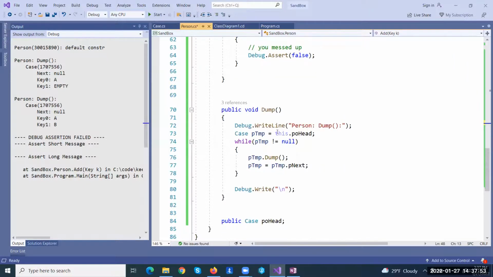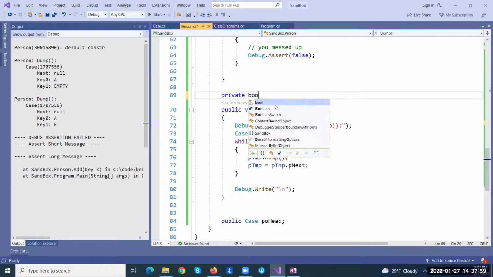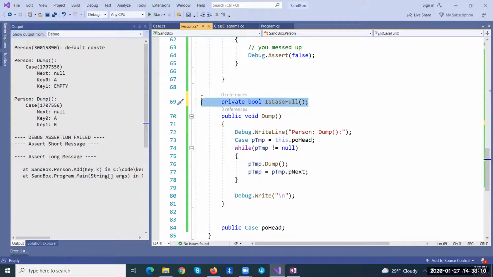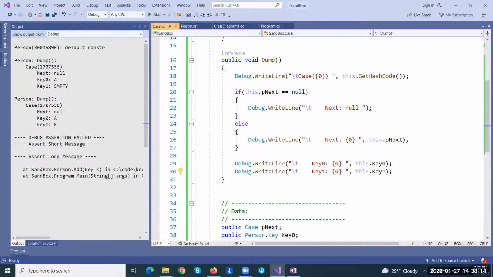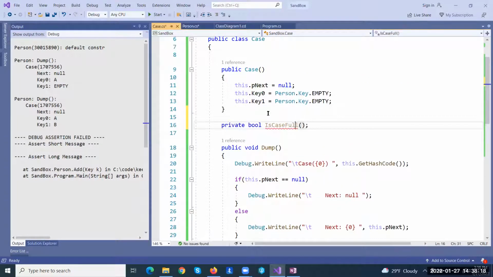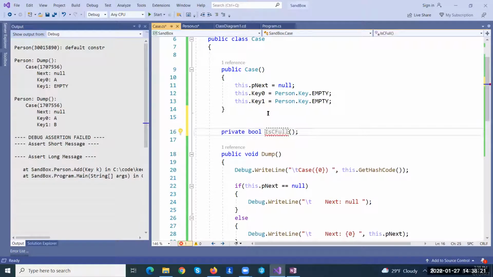Create a helper function to check that. So private bool node case full. But actually, why am I asking the case? I should really do it in the case function, not here, because the case function knows what's going on. So what we're doing here is full. And what this is going to do is